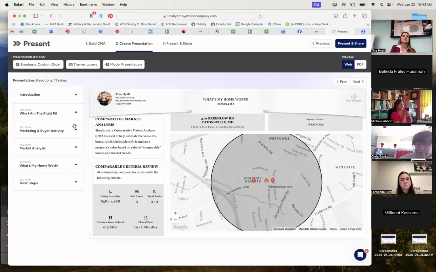This is what the process of selling and buying looks like, because we're not just talking about selling in a bubble of listing her house. There's a lot of other things in consideration to think about.